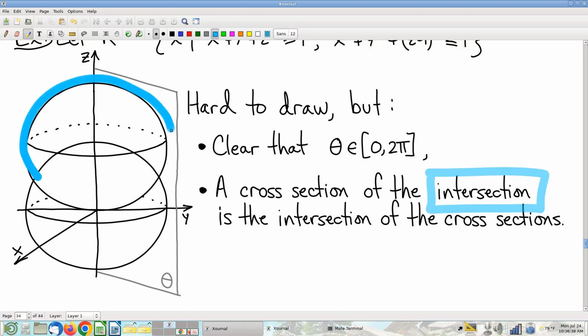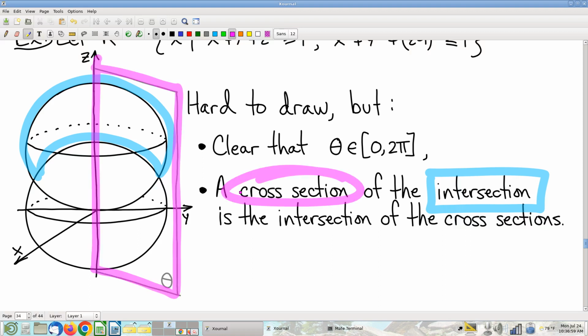Our actual shape here is an intersection. I mean, there are different ways you can think about it. It's the intersection of the top ball with the outside of the bottom ball, would be one way to think about it. But anyway, I'm just going to call that an intersection. And the neat fact is, if you need to take a cross section of an intersection, a really useful geometric fact is that you can just take the intersection of the various individual cross